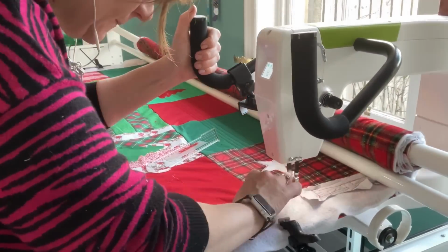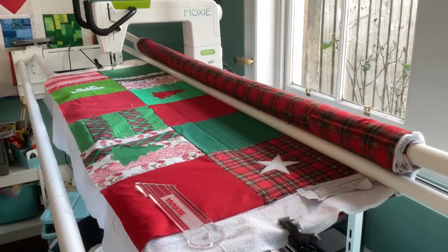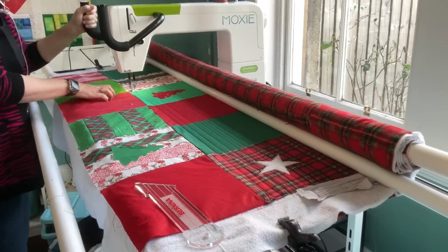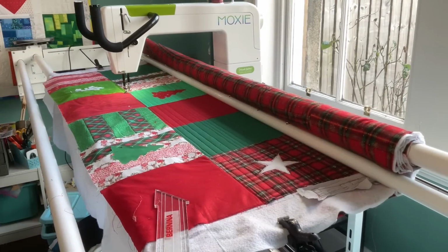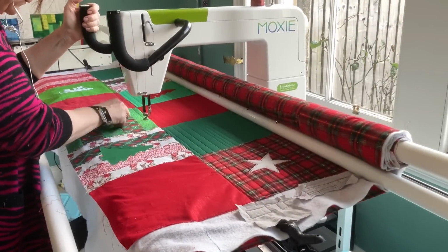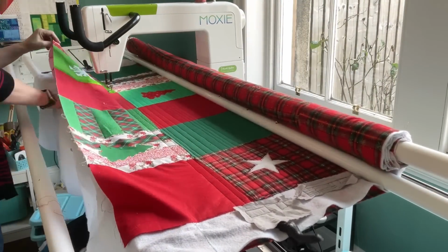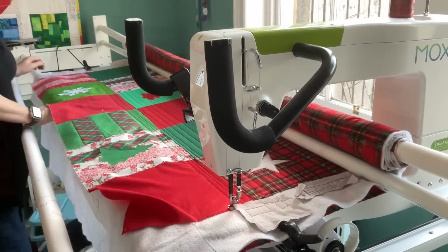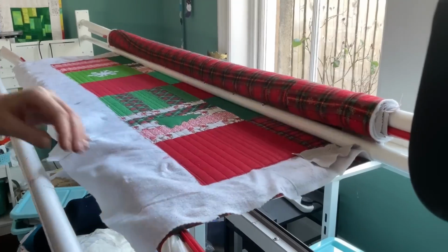So this is me doing horizontal straight lines with the channel locks on, and I'm using the ruler for the star and just kind of pushing the long arm around the tree without taking the channel locks off. That was a mistake. I wouldn't do that again. It ended up with a little bit of messy applique. If you want your applique to be super neat, I would either do it before you go to quilt it, you know, zigzag stitch, blanket stitch, whatever your favorite applique is, or I would do what I did on the